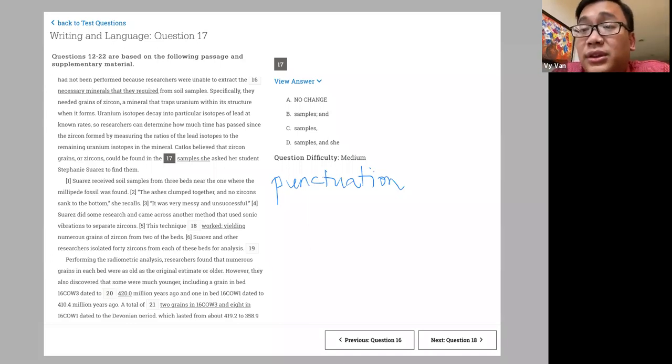Okay, so let me read this. I'm going to start reading in that sentence. Catlos believed that zircon grains or zircons would be found in the sample. She asked her student Stephanie Suarez to find them. So this phrase right here adds more details to this. We could call it an appositive. It adds details to the noun. The question is, first of all,